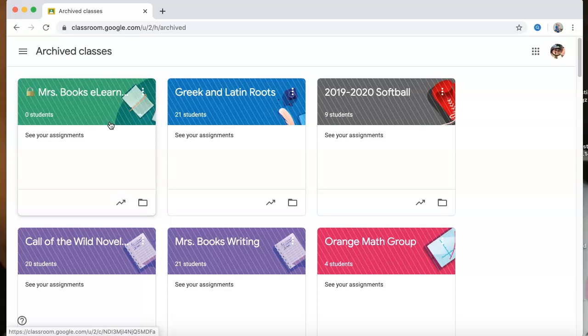Number 9, it says on the graphic, they recommended making a Google Class template. So that can be very, very beneficial for being able to reuse any posts that you had. So say I did a slide for social studies and I really liked it and I want to keep